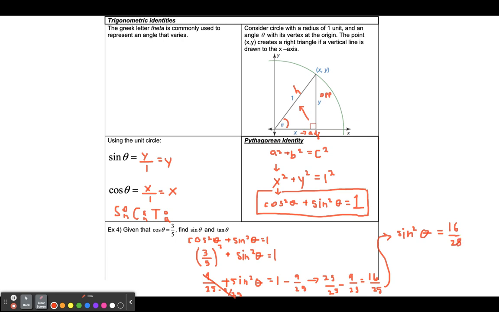Now, of course, the last step, because this is sine squared theta, in order to eliminate that square, we need to take the square root of both sides, meaning that we're taking the square root of this and then the square root of 16 over 25, which is the same thing as saying the square root of 16 over the square root of 25. Okay, so that tells us that those cancel each other out. I'm just now left with sine of theta